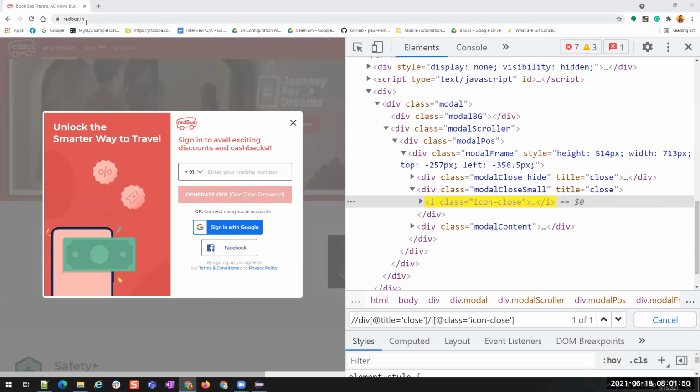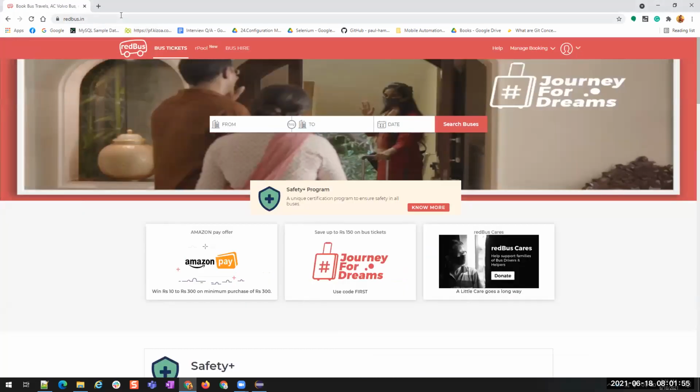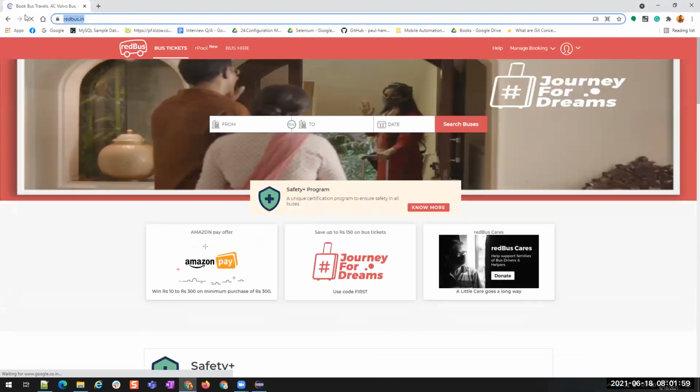Okay. So whenever I refresh, okay, we got distracted. Let me open it again. I'm refreshing it. That means I'm sending a new request to the server, that is the Redbus server, and that Redbus server is returning me an HTML response. That HTML is rendered and displayed with the styles and color on our browser. That is the purpose of our browser. Whatever response the server sends us in the form of HTML pages, the display or rendering of those HTML pages is taken care of by our browser.